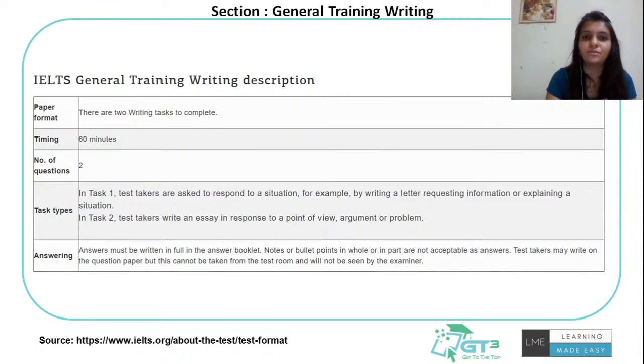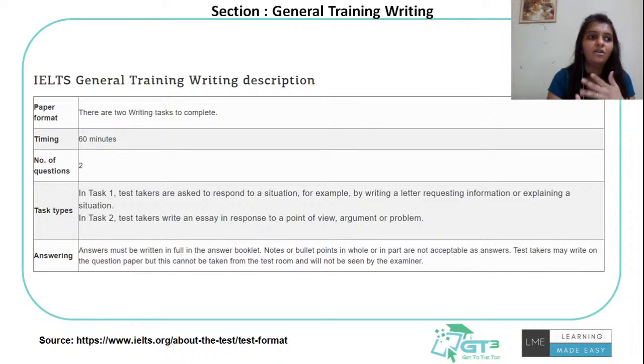They'll be given certain types of questions. For formal ones, for example, you're writing a letter to a company, or you're writing a letter to your neighbors, and such different kinds of questions would be asked. Now coming back to task 2, again it would be the same as the academic task. What is task 2 again? It would be generalized essay questions on pollution, environment, parents, children. Only there is a slight difference between the task 2 questions asked for general training and for academic.